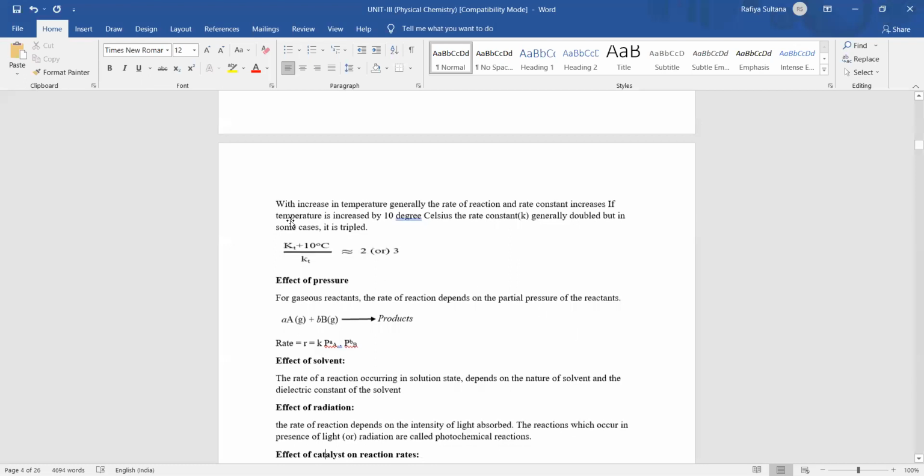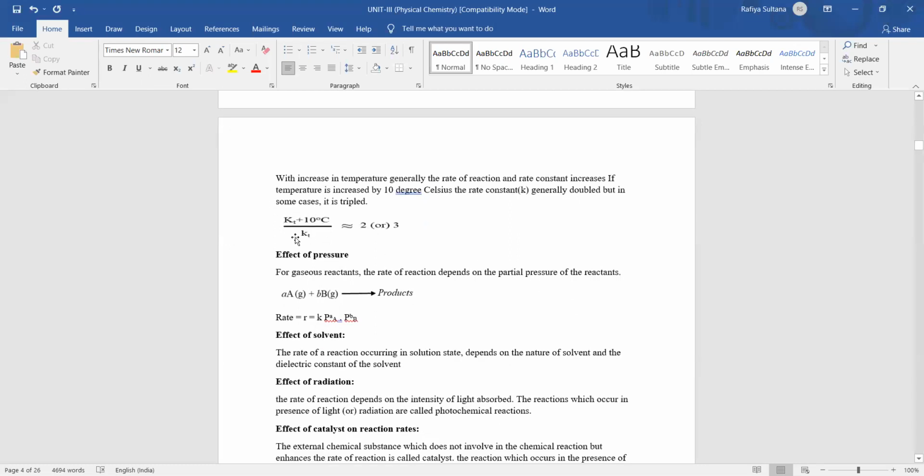Generally, if you see this expression here, in most of the cases, what will happen if we increase the temperature by 10 degrees? The reaction rate mostly doubles or triples. Okay, you have to write this equation compulsorily. Okay, got it? Kt is the reaction rate at normal temperature, and Kt plus 10 degrees centigrade indicates the increase in the temperature of a reaction by 10 degrees centigrade. For each 10 degrees centigrade, in most of the cases, it was found that the reaction rate doubles or triples. Okay, you have to write this mathematical expression.